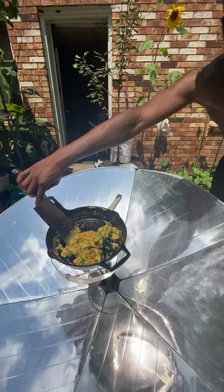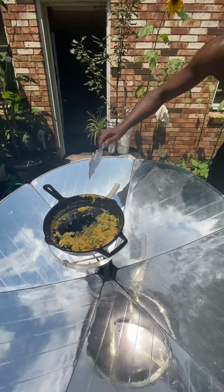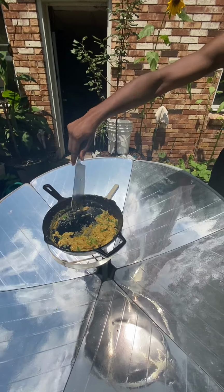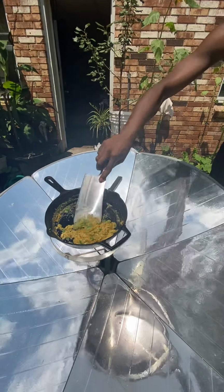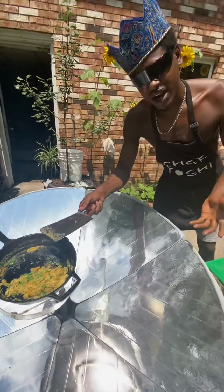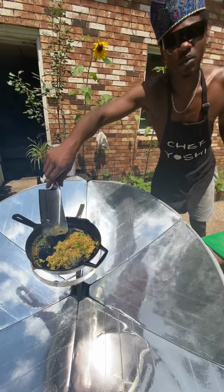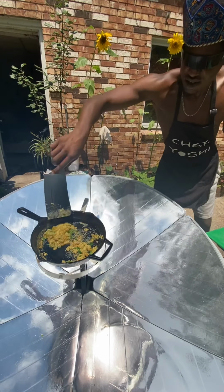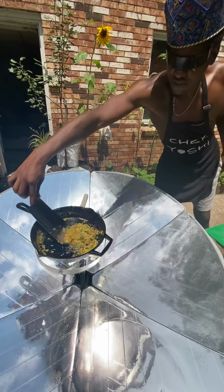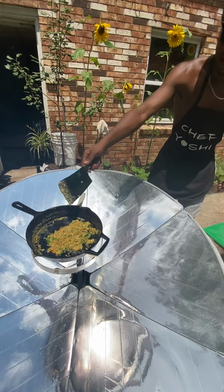Back at it. As y'all see, I want to cook these eggs slow. Y'all want to rush through and burn it. And yes, I'm using my knife as a spatula. I don't care what y'all say. Yes, I use my knife as a spatula. So what? You do something about it. Okay? Now that I got my cheese eggs nice and cooked,